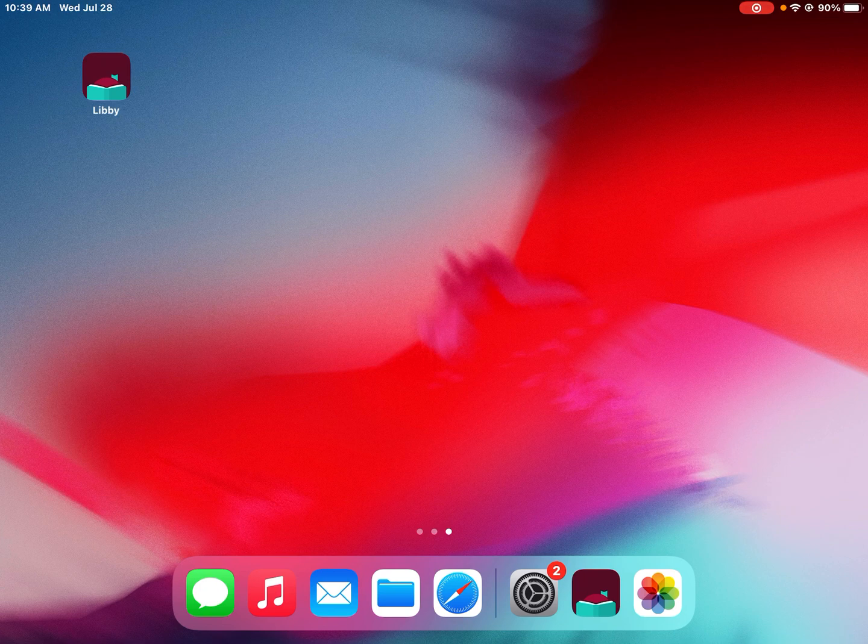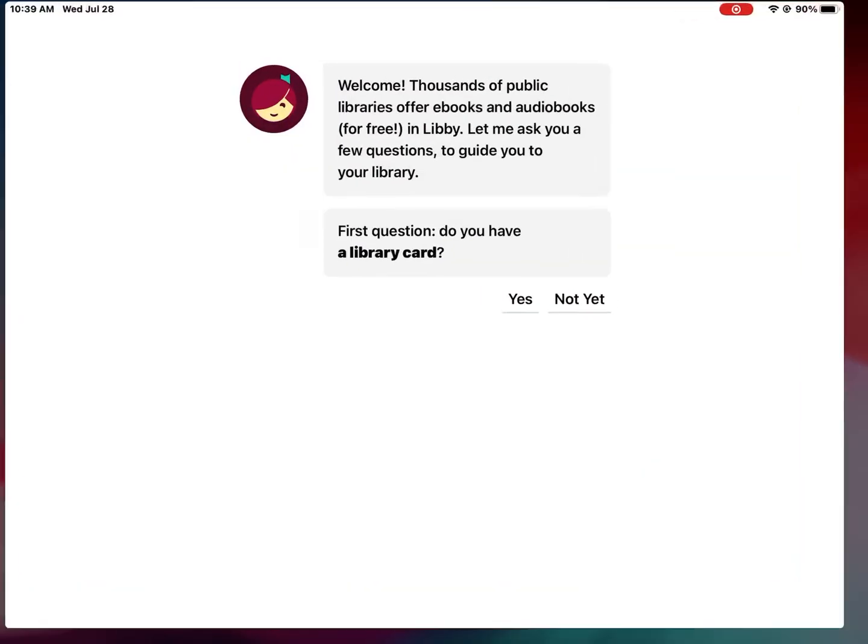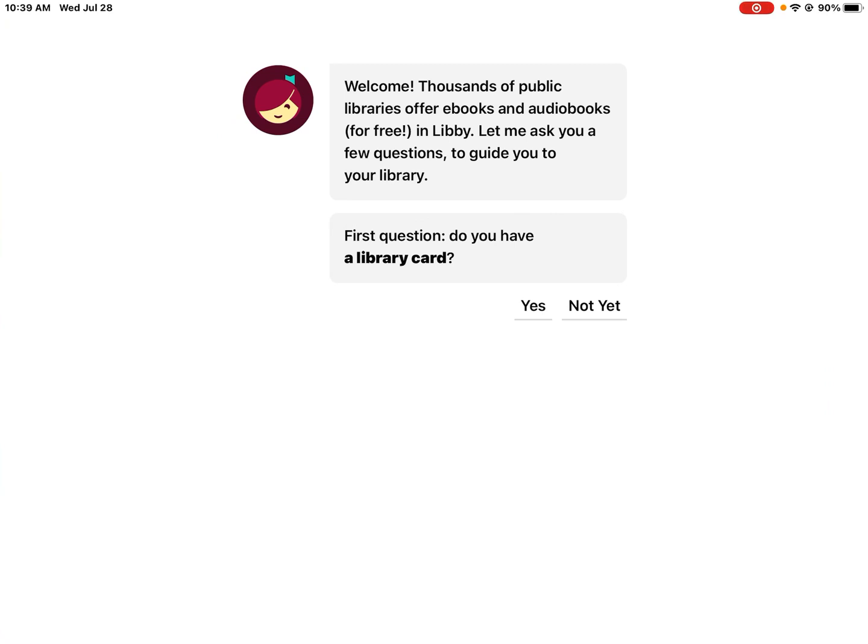So what we're going to do first is tap on it, and you will automatically get this welcome page once you download it. Libby is available for Apple and Android products. It is not yet available for Kindle products. So you'll see this welcome page when you first download the app, and it'll ask you if you have a